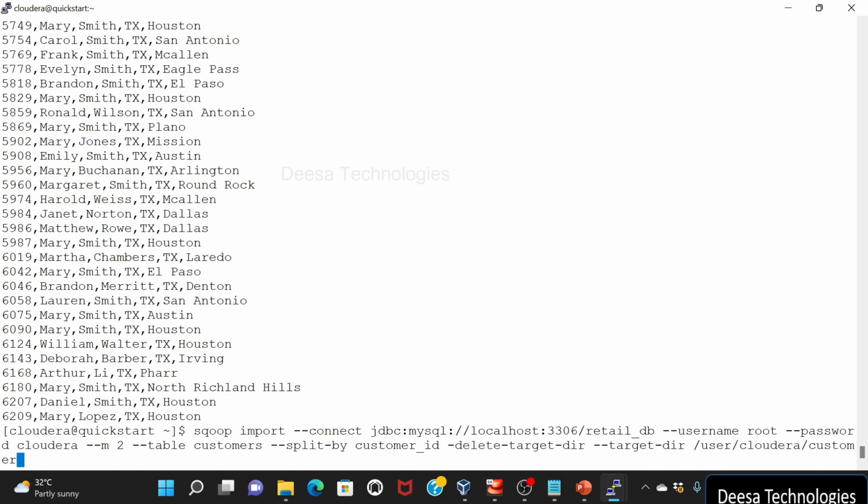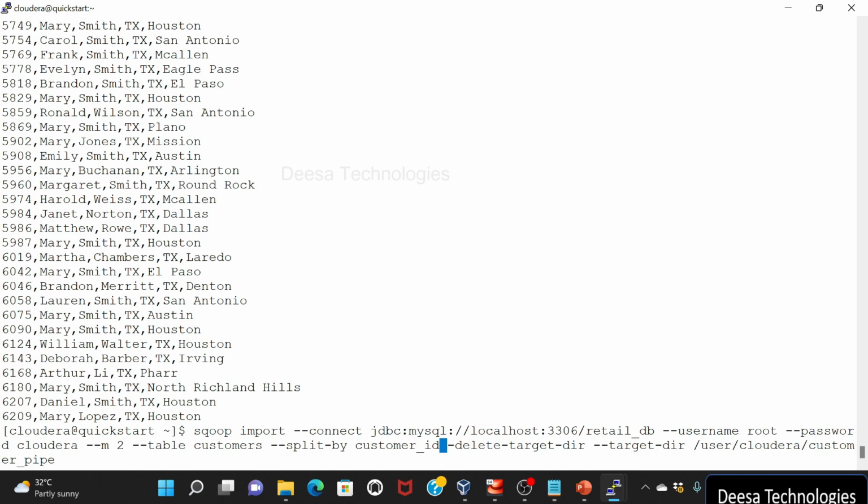So this is the import statement that we have been using. Now this import statement will import the data into a CSV format in the specified target location. So let me change the target location for once. I will say customer pipe, right? So here what change we have to do is we have to use something called